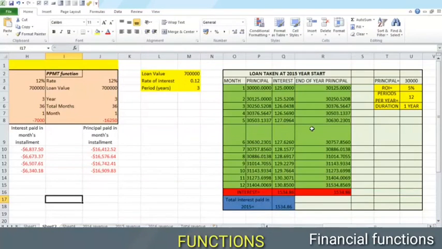This is the interest table. It uses a simple formula. Here is the interest rate. We take this as fixed, and next to it we have written the principal. This will vary as we go down. So principal into interest rate by 12 into 1 by 12. Then we add that to the principal, we get the end of the year principal. The next year's principal will be the same as the previous year's end of year principal. So we just equate it with R4. The same formulas will now be extended to get the complete table.